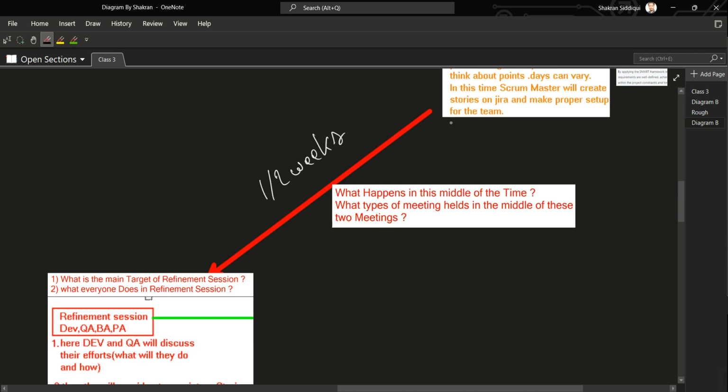In the pre-refinement session, we have already said that the business requirement specification is made smart and all the opinions of the team members are taken. By smart we meant, I'm telling this to you again,